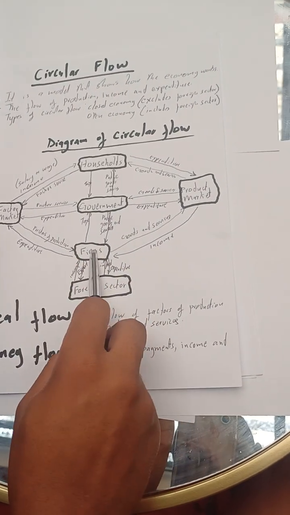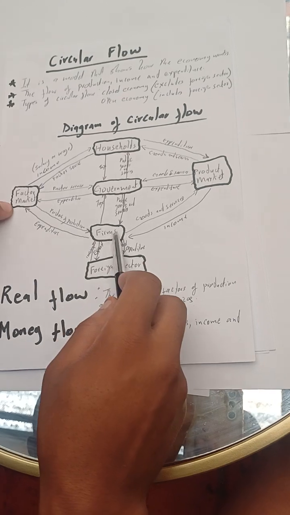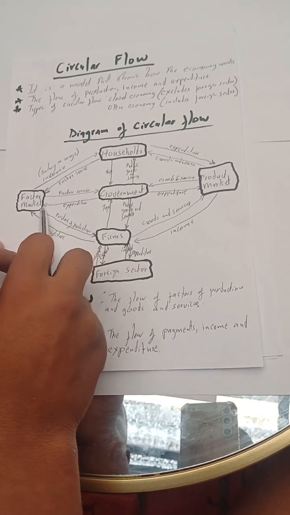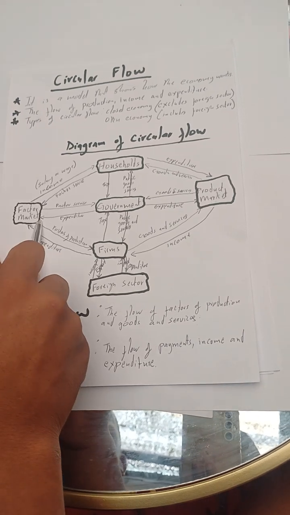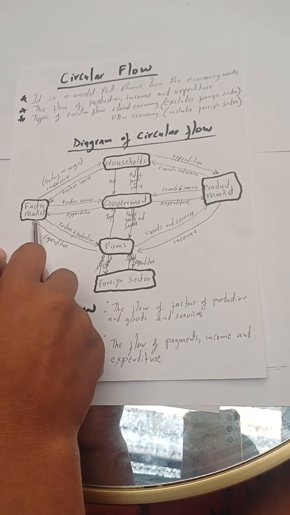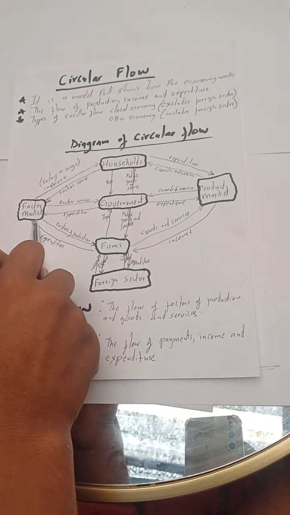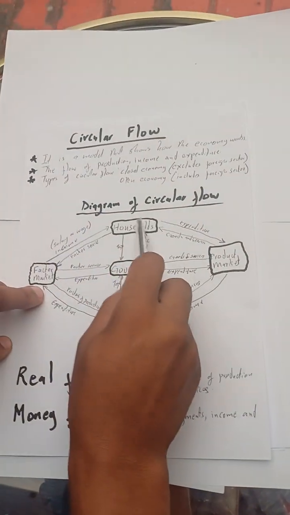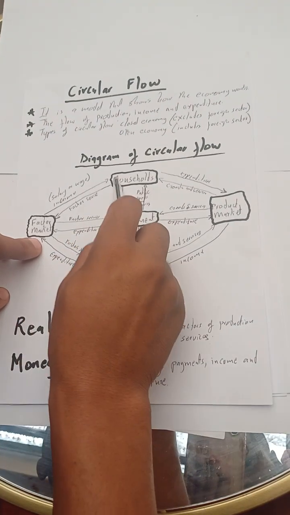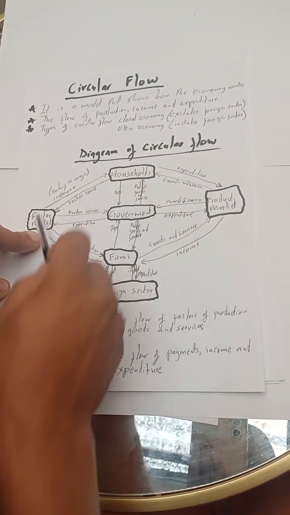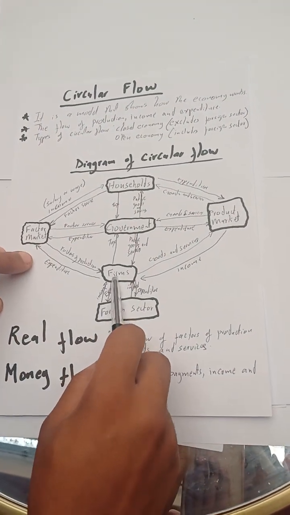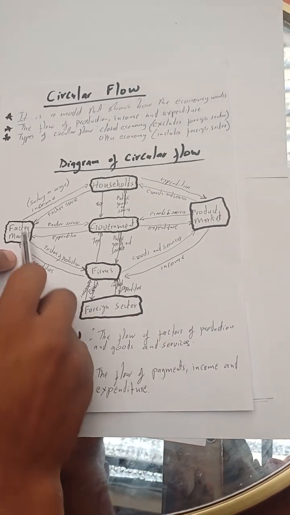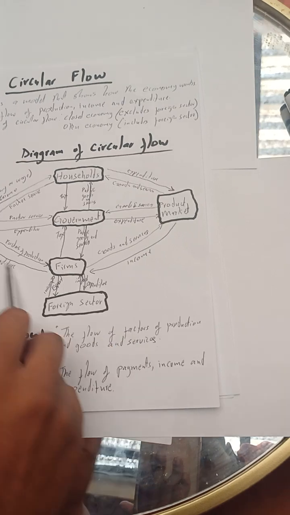From there, we have firms or businesses, those producing services. Once they get those factors of production, they spend money, meaning expenditure. That expenditure becomes income to the household, meaning the household's income is the firms' expenditure. Now firms cannot get production if they don't spend.